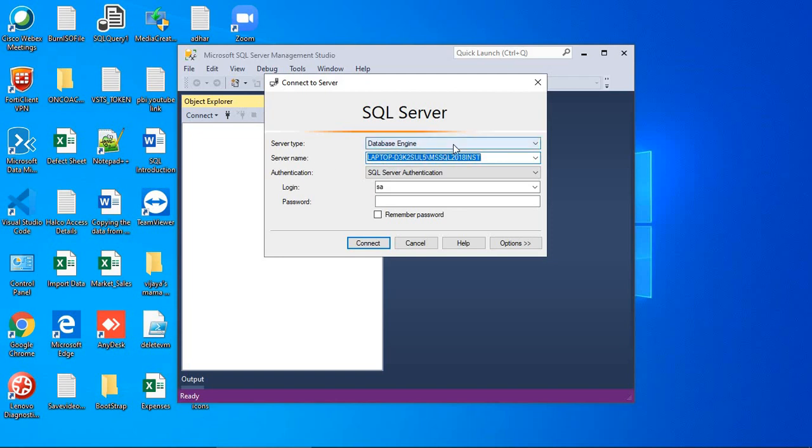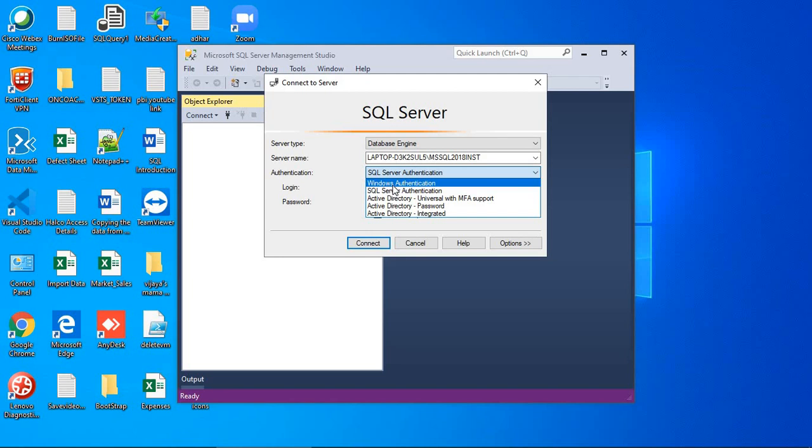Server type is by default Database Engine, and server name is the laptop name of your system, and the instance name is MSSQLSERVER. Whatever SQL version you install, by default it will create one instance with that name. Let's see the authentication modes. We can see different ones here. I choose only these two. I'm not sure about this other option, so that is not useful as of now.